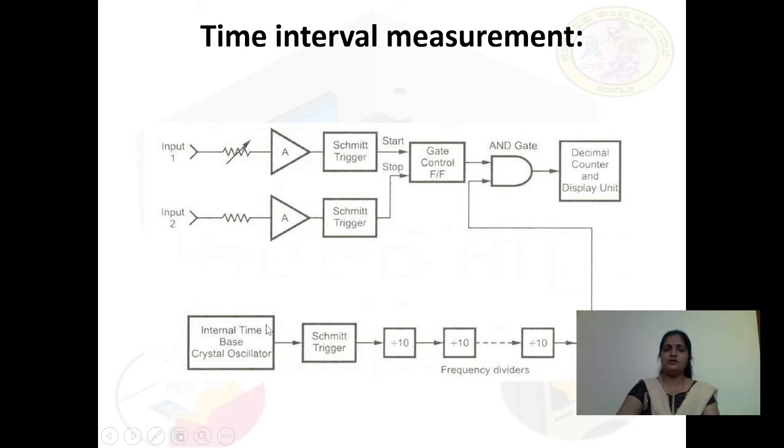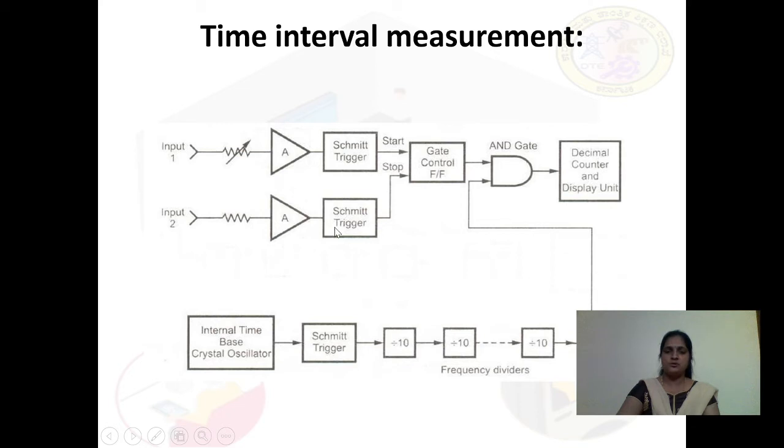So initially we produce the oscillations with the help of an oscillator, then we load them onto the Schmitt trigger circuit. Now the train of pulses is ready by passing through these frequency dividers, and once the gate is open, we pass the number of pulses. These pulses pass through the AND gate and are counted by the counter, and parallelly after a certain interval of time we provide the input, once again through an attenuator, ranging and amplifying blocks.